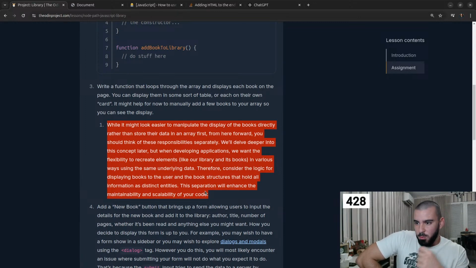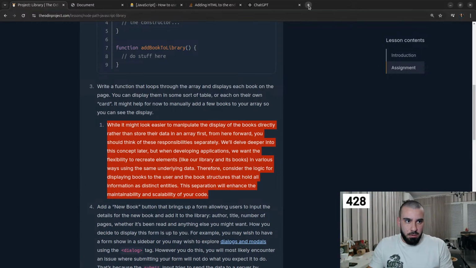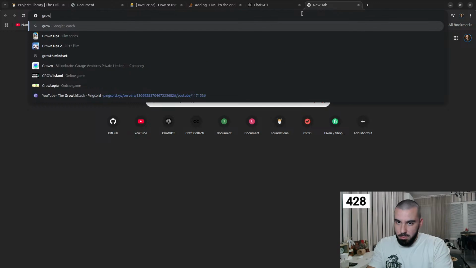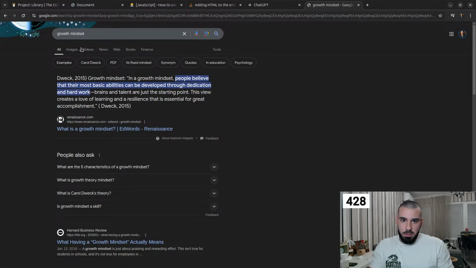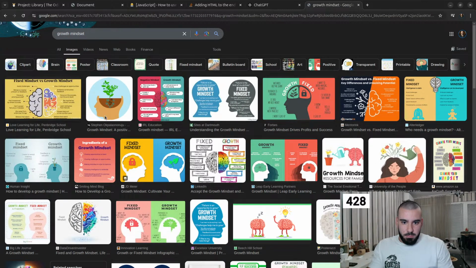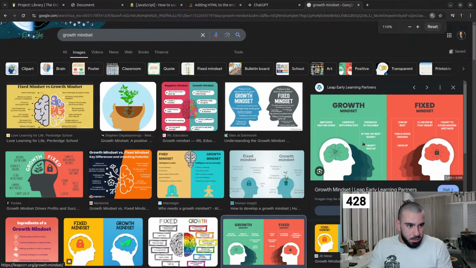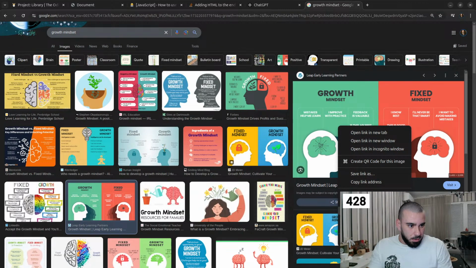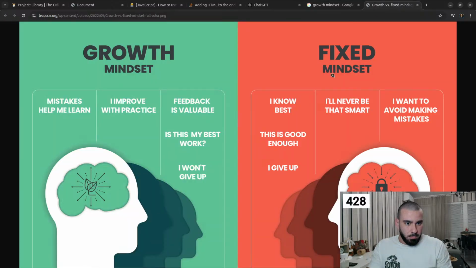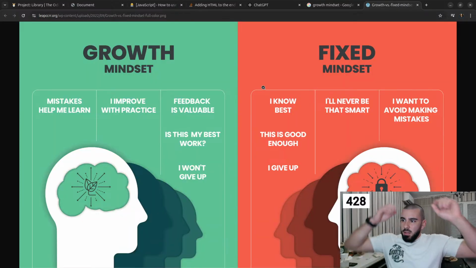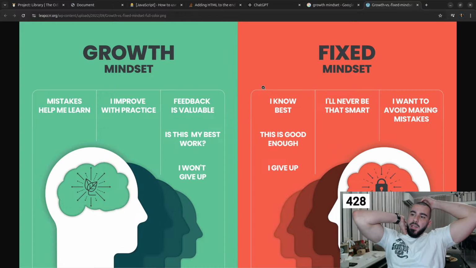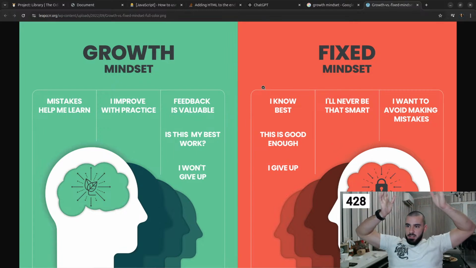And about the developer's mindset, the best thing I can share is learn about the growth versus fixed mindset. So you have growth mindset. I've already shared that in a past stream, but let me find a good picture. So I don't know how well you can see that. Open image in a new tab. Alright, so we have the growth mindset versus fixed mindset, and I started out with a fixed mindset, which is